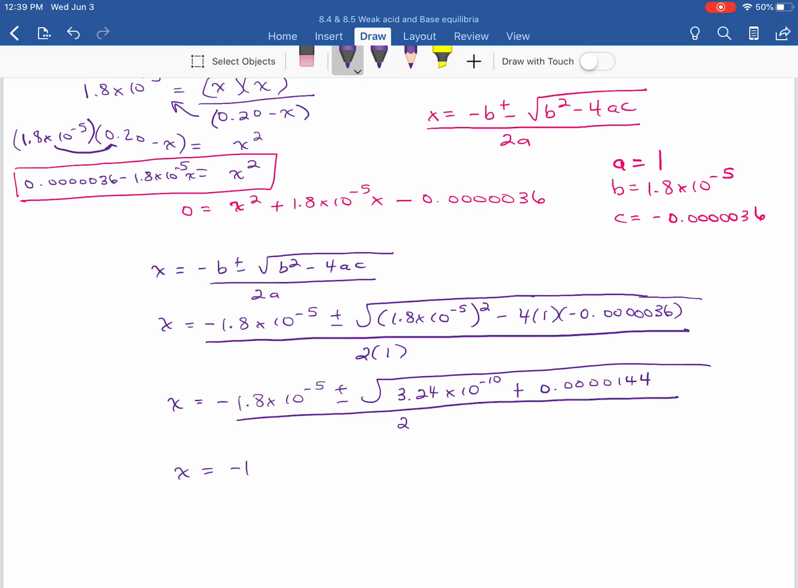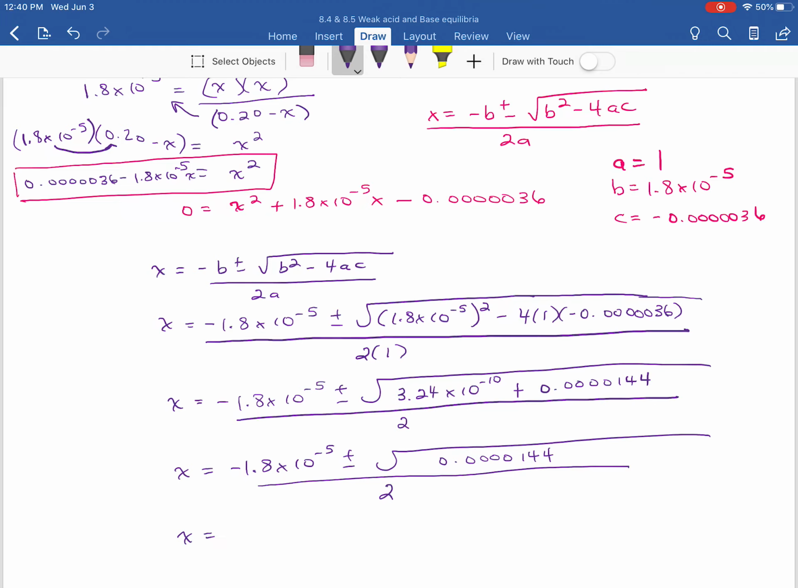When I add these two together, it's almost negligible because this is 10 to the negative 10. The change is pretty much not even visible, so it's going to end up staying here. Did I do the right number of zeros? Yep. Divided by 2. Then, when I take the square root,